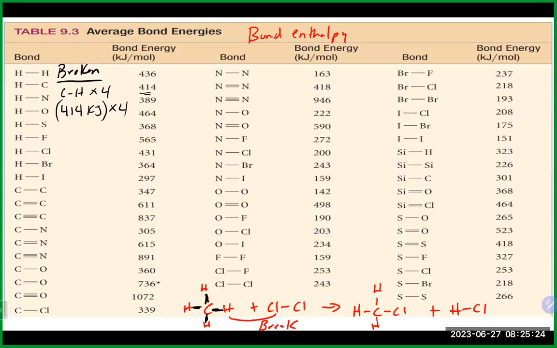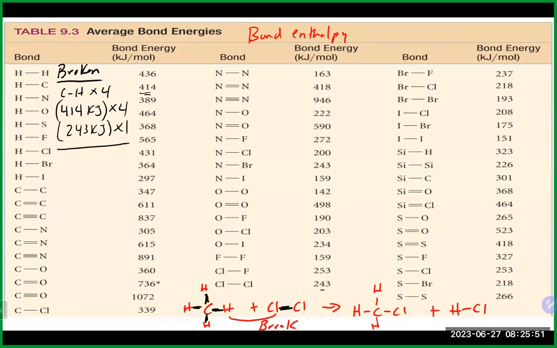The other bond that needs to be broken on that side is the chlorine-chlorine single bond. And we would want to find that on our list here. And it's down here, it looks like, right there. And we only have 1 of those, so that's going to be 243 kilojoules times 1. And that should take care of basically all the breaking. So if we do that,